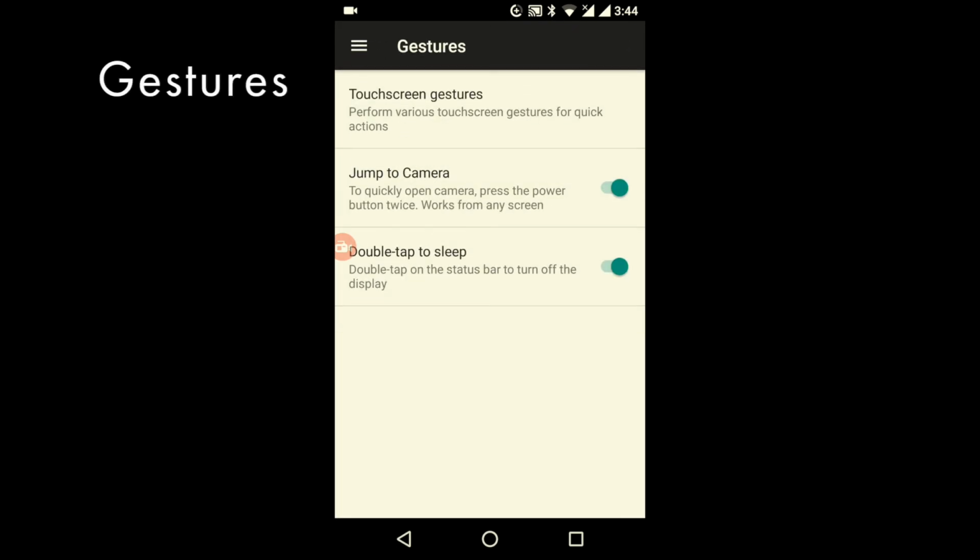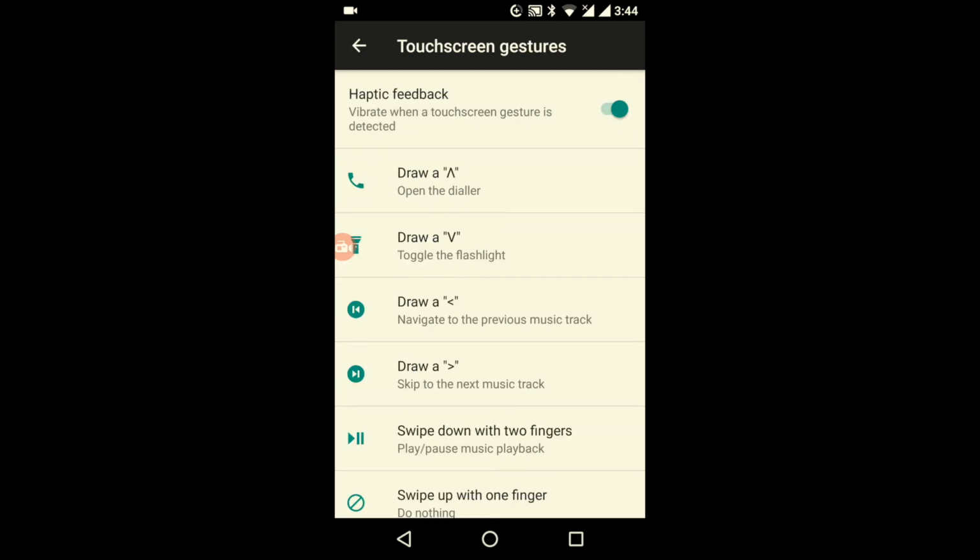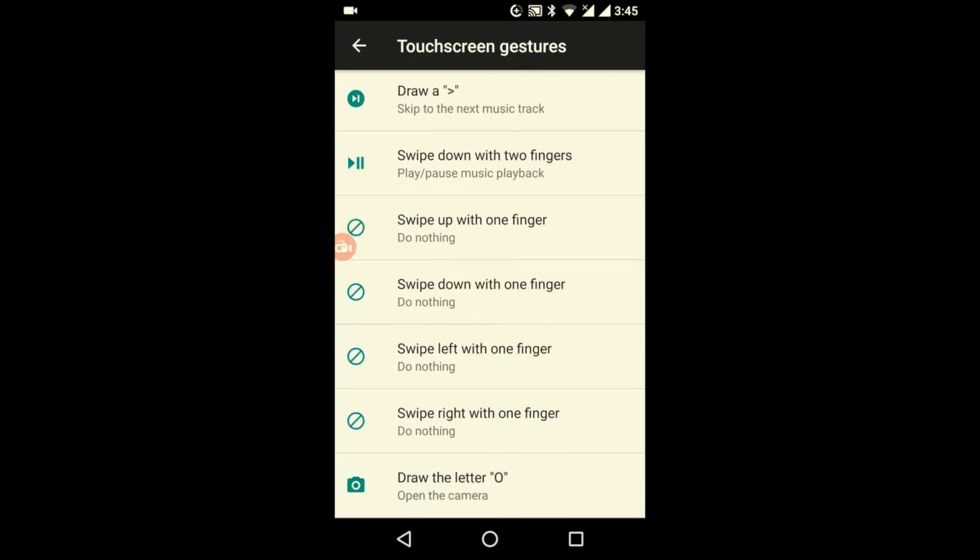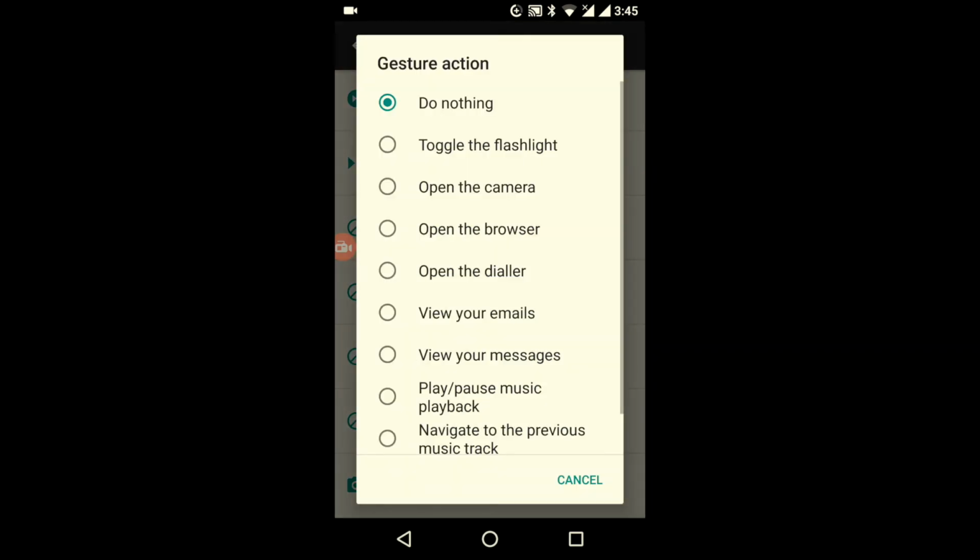In the gesture section, you can disable all the gestures. Lineage OS comes with many additional gestures in comparison to Oxygen OS. The first one is the inverted V, and if you scroll down, you will find 4 new gestures that work when you swipe with one finger in any one of the 4 directions. All these gestures can be given any action from the ones shown. Even the default Oxygen OS gestures can be replaced with any action you feel like.